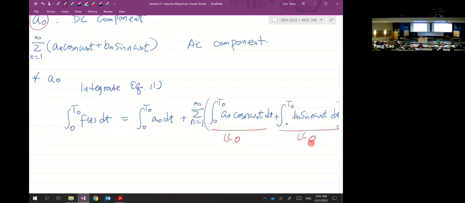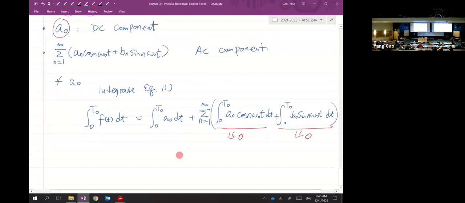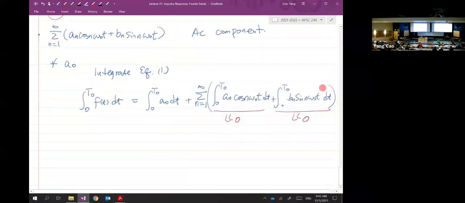And this is actually an integral trick. I listed a number of tricks in the lecture notes. If you're interested, you can take a look at it. So there's something to do with a so-called orthogonal function. Anyway, you get 0 for both of these terms here, so then you're left with just